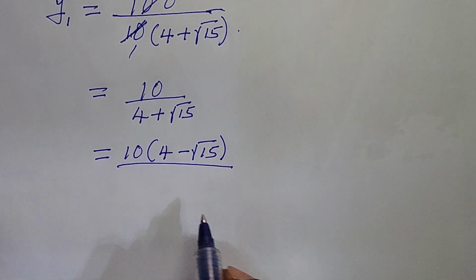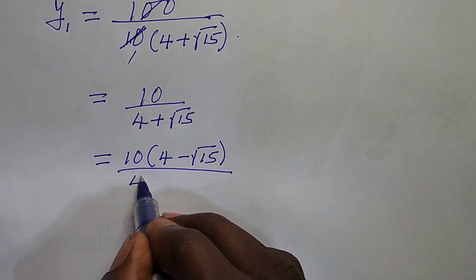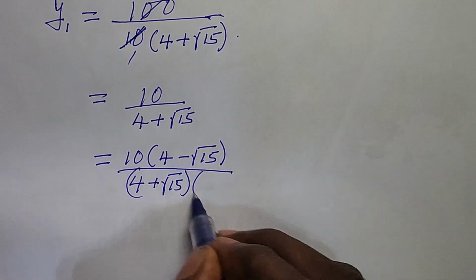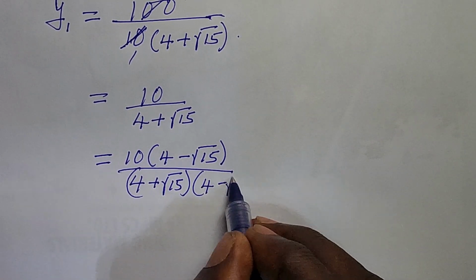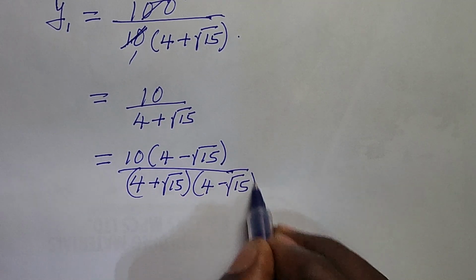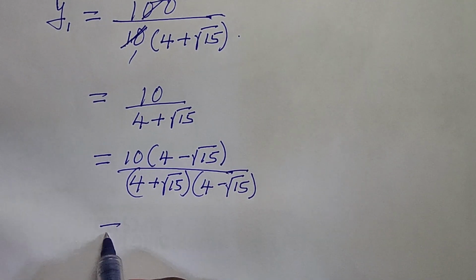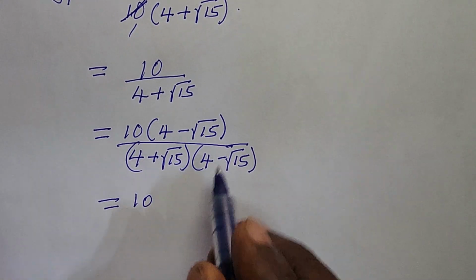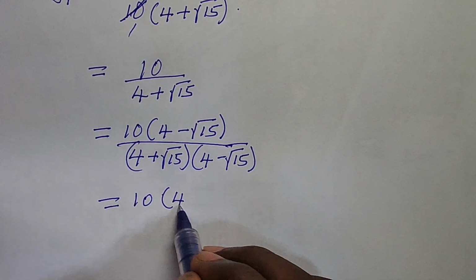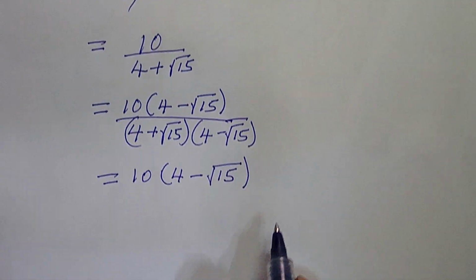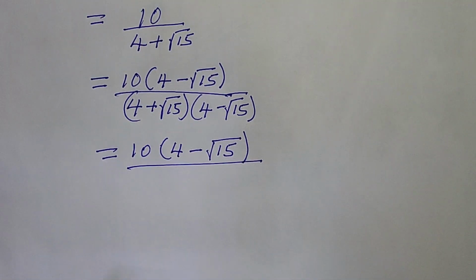We equally do that to the denominator, which is 4 plus square root of 15 into its conjugate, which is 4 minus the square root of 15. Right. Good. So if we do this, this is going to give us 10 bracket 4 minus the square root of 15 close bracket all over